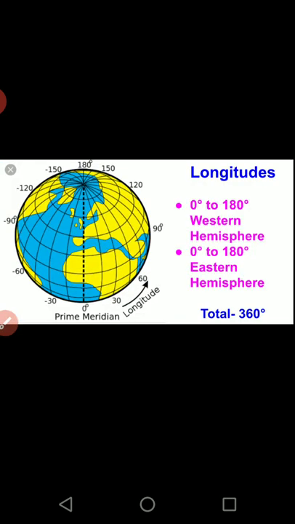Next, the longitudes, the other lines which we have made for our location and time calculation. These longitudes are the lines which are used for calculating times. In this session, I will not cover how they are deciding the time. In the next session, I will be covering that. Right now, we will only see what longitudes are. Longitudes are also called meridians, right?